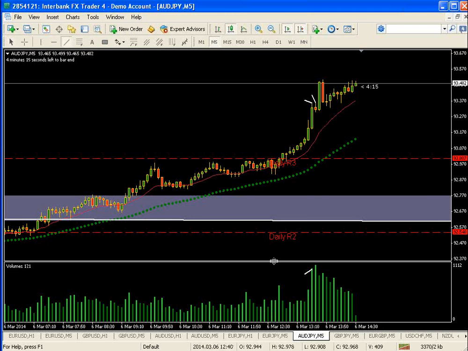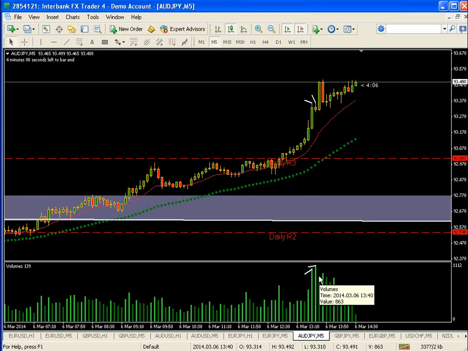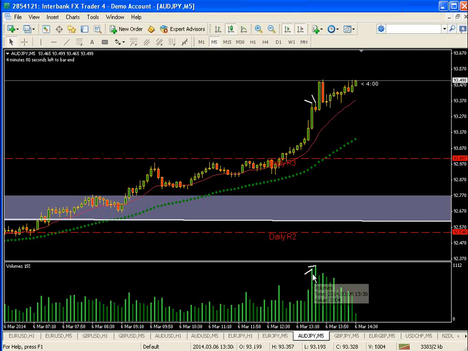And what was the reaction to that? It continued up, and the volume was a bit lower. Now, this is a little unconventional with the way that things are moving today, but the general idea is that if